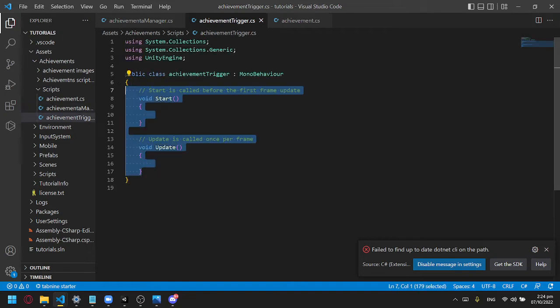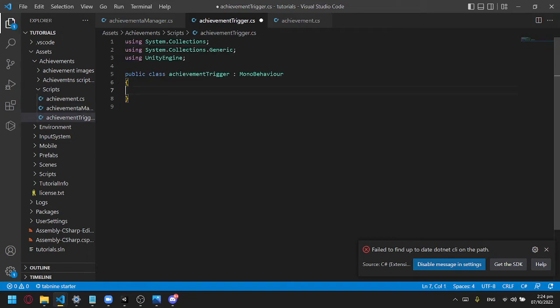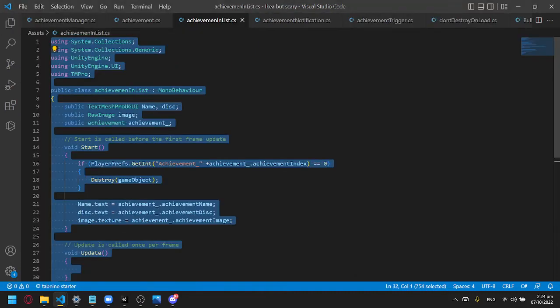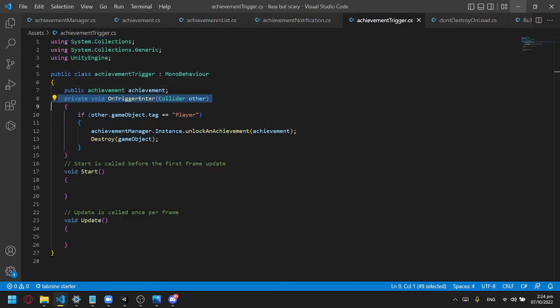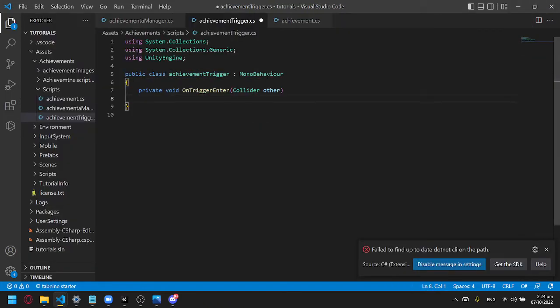Okay, now for this one, let me actually just copy paste one line of code because I'm afraid I'll write it wrongly. Okay, so this is the OnTriggerEnter, so it just checks if anything enters the collider of the object,